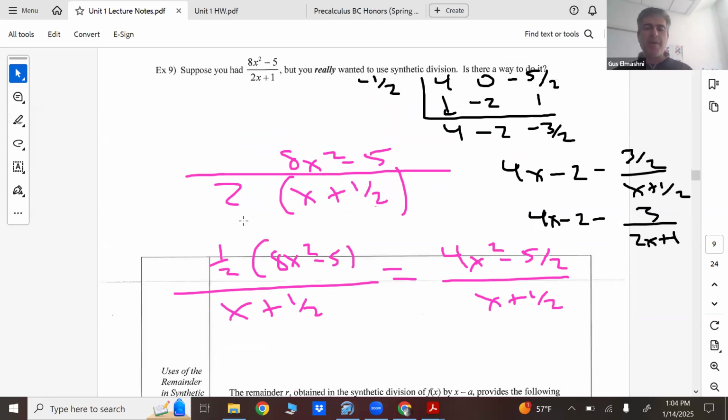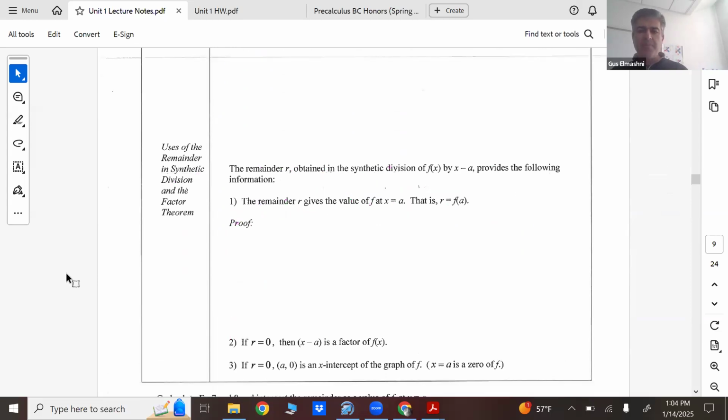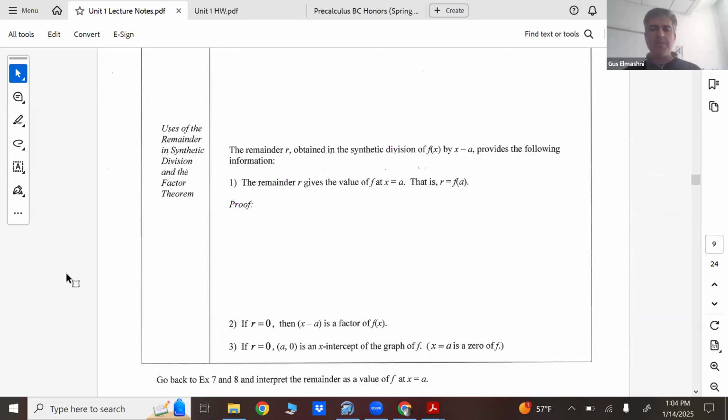Okay. Let's move on, guys. All right. Remainder theorem and factor theorem. I don't know if you guys talked about this last year. Okay, guys, quiet, please. So the one thing you got to keep in mind,